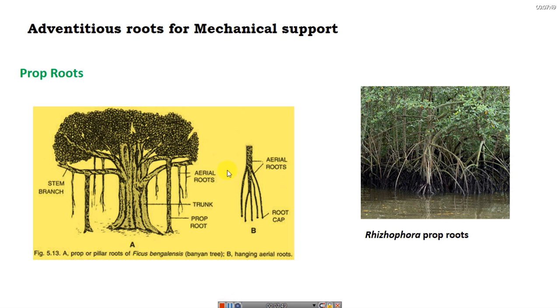There are several adventitious roots that provide mechanical support to the plant. So we will see some examples of such kind of roots. First example I have taken is of prop roots. In banyan and in the mangrove tree, Rhizophora, we see such roots that arise from the top branches of the plant, and they hang below, and they do bear root cap at their tips. They grow long enough to go underground, and these provide the support to the heavy branches of the plant.